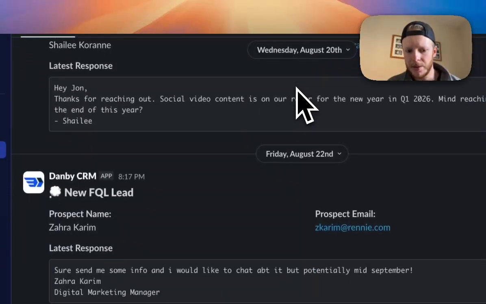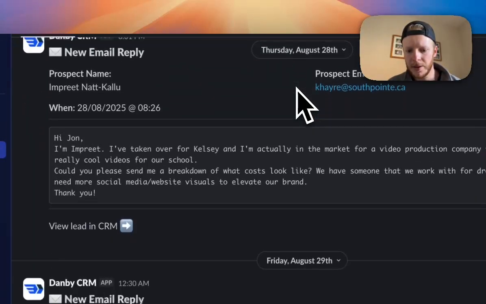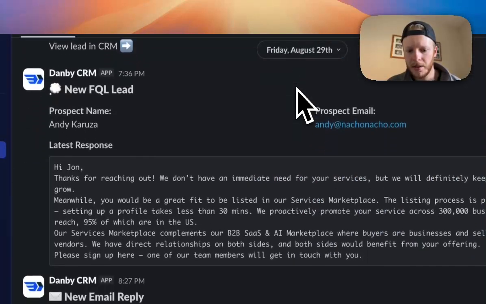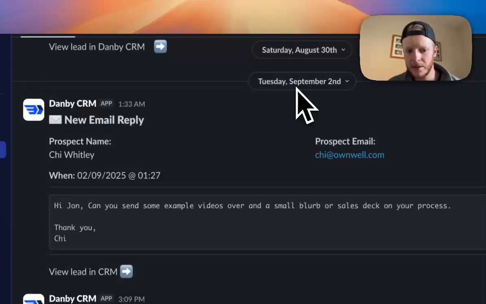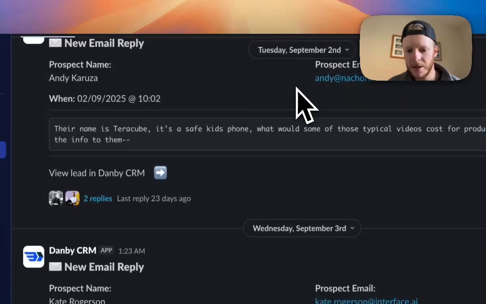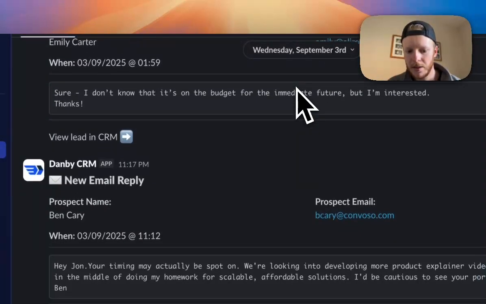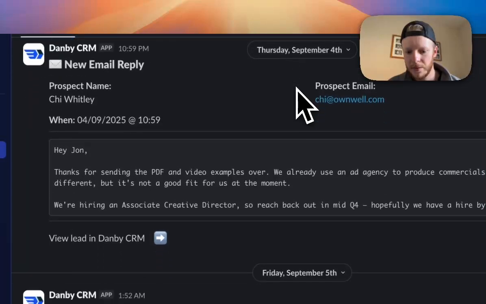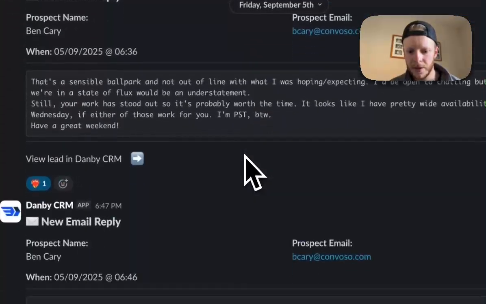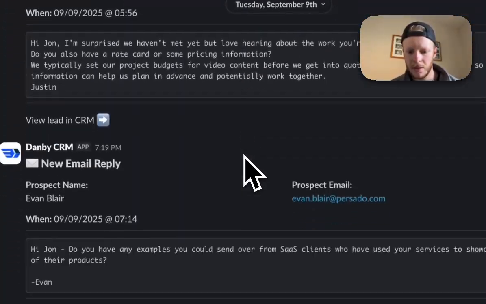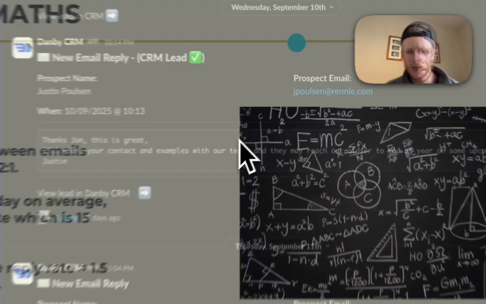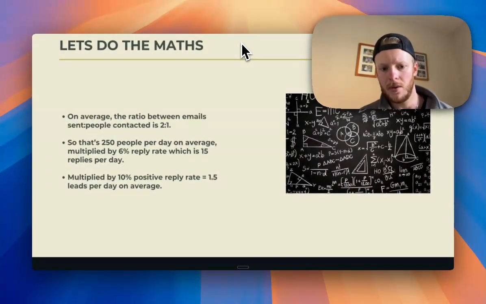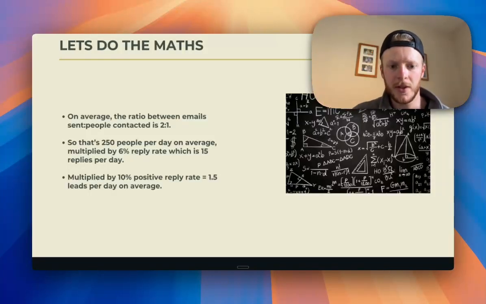we had a bit of a jump between here where we're building new campaigns, then we get things back going again, 3 leads that day, had one on Saturday, Tuesday we had 3 come in, then the 3rd, 4th, 5th, had quite a few on the 5th, and 9th, 10th, 11th. So you can roughly get an idea for the consistency of leads that come in when you can get these